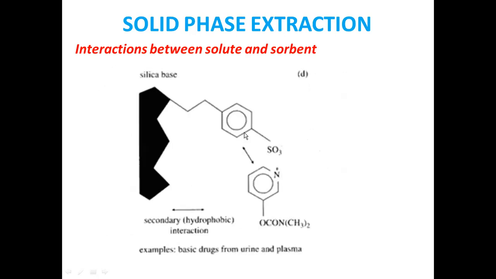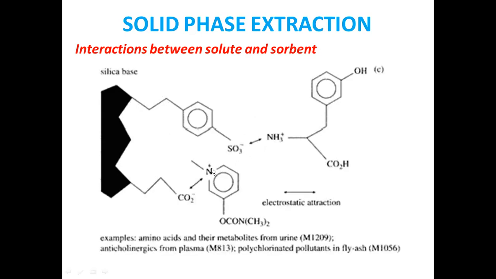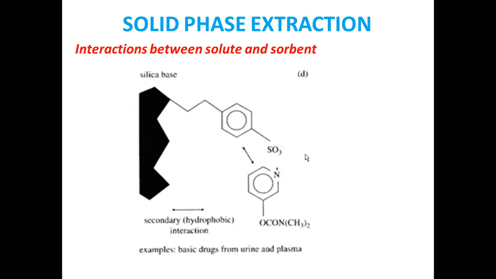But here if you see, the distance between the two aromatic systems is very, very low. Here also, this is not a phenyl ring, this is an aromatic system. The distance between this one and this one is very high, so interaction is not possible. But this is very near to this carboxylate anion, therefore the interaction is possible. Like this. Here, this aromatic system is near to this one, so hydrophobic interaction can be expected. So by means of these types of interactions, basic drugs from urine and plasma can also be separated.